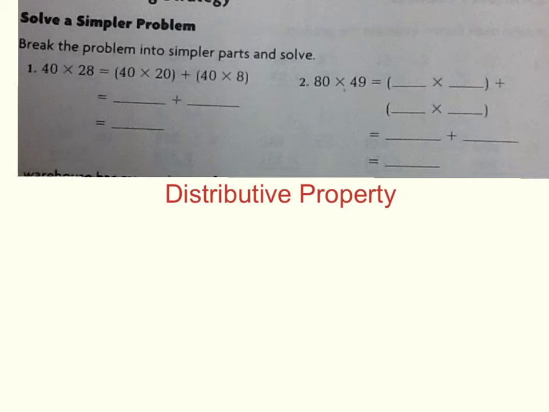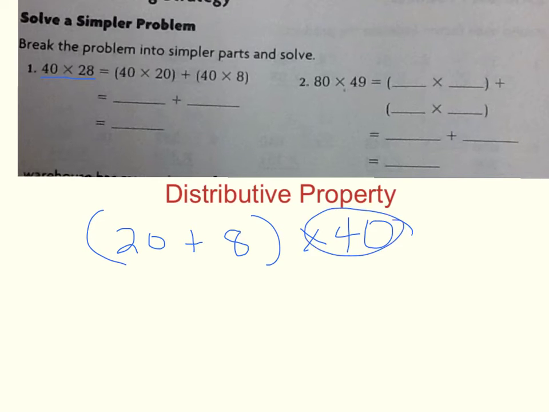Look at number 1. Number 1 is 40 times 28. Now, we can break up the 28 into 20 plus 8. Then we're going to take the 40 and we're going to multiply that times the 20 plus 8. So we're going to take this 40 and we're going to multiply it times the 8 and take the 40 and multiply it times the 20. We have that shown right here. Here's 40 times 20 plus 40 times 8. Now, we just have to solve by multiplying both of those and then adding them back together to get our